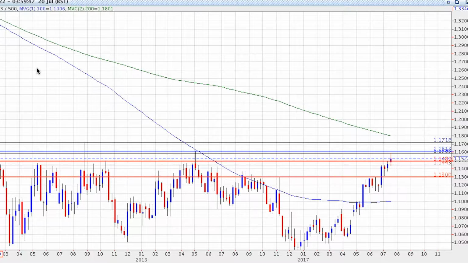Today I'll be looking at the euro against the US dollar. I'll be discussing its recent trading history, and I'll also be identifying the key technical levels that you need to